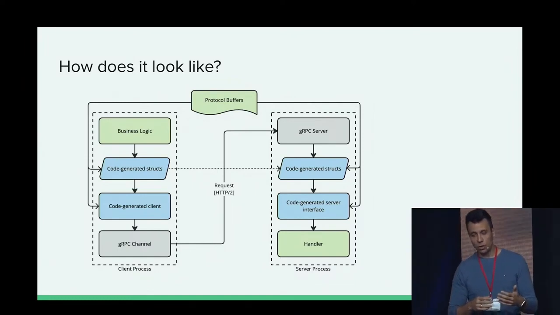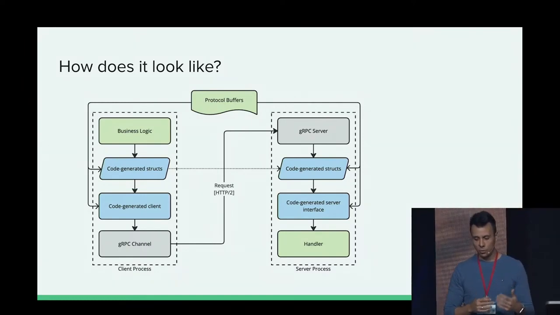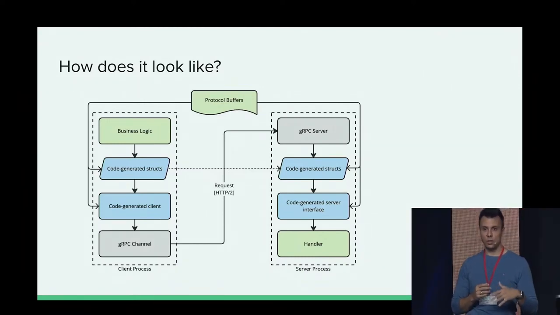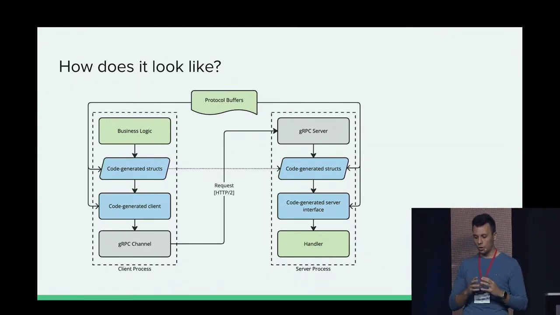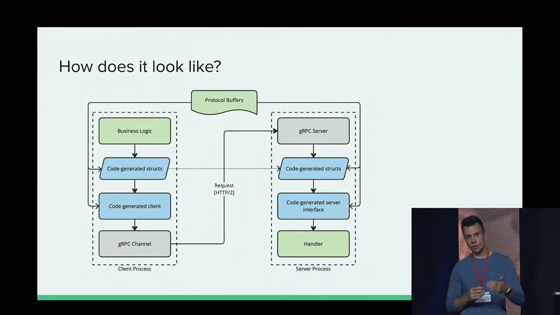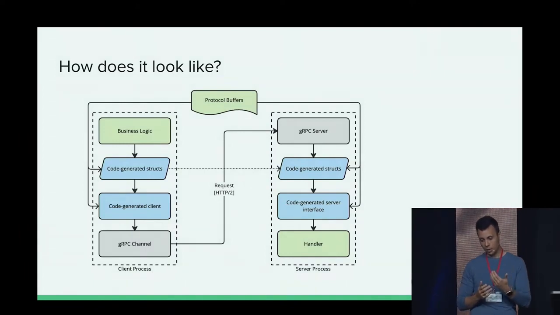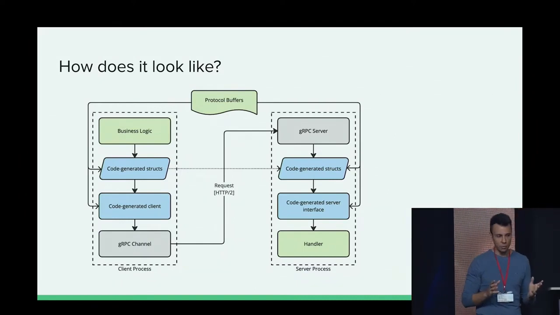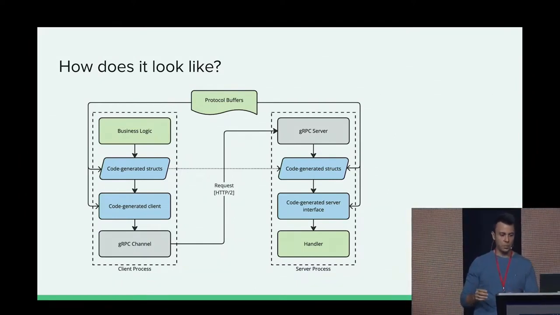So we get the code-generated structures, which are passed to the code-generated client called a stub. Then this goes to the gRPC channel, which is the abstraction of this connection to an endpoint, to a remote service. And then this serializes the request using protobuf, sends it over the wire. And then on the other end, essentially the handler receives the same object, the same message that was passed to the client stub on the client side. That's kind of magical, if you think about it. So this is the request path.